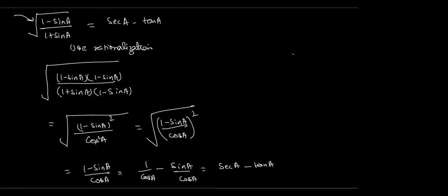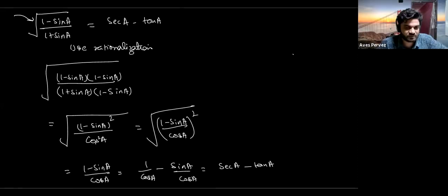Yes, sir. Now what you have to write here is 1 minus sin square a upon cos square a. Got it? So you can simply write it here, okay? And you can bring this way 1 minus sin upon cos a. Okay, then what will happen here is